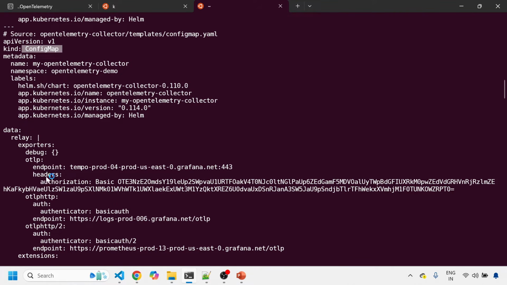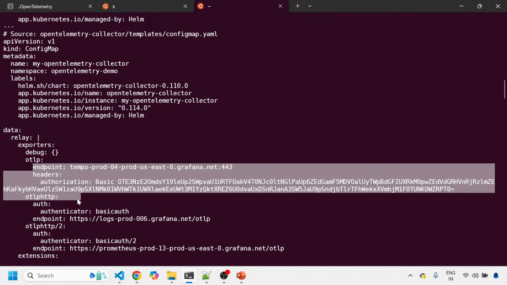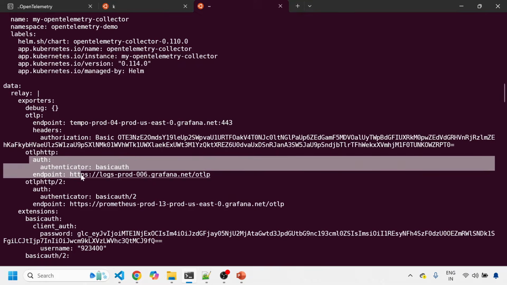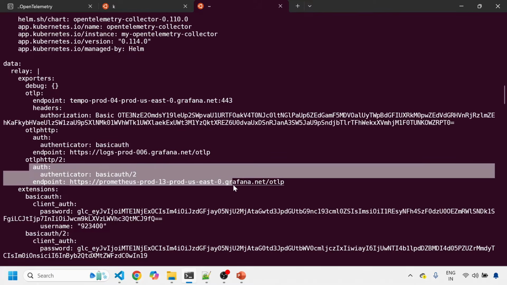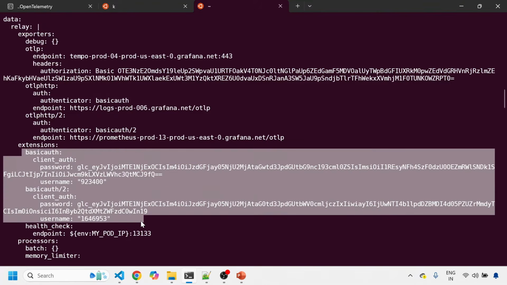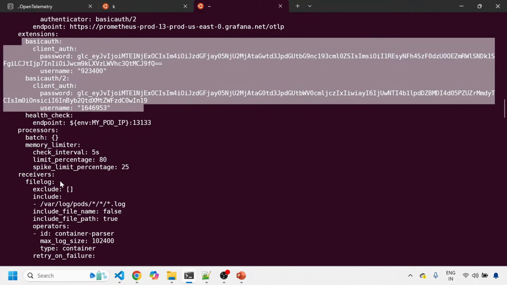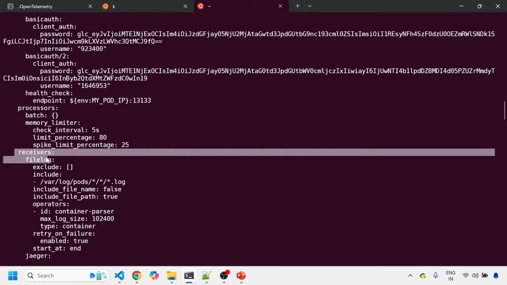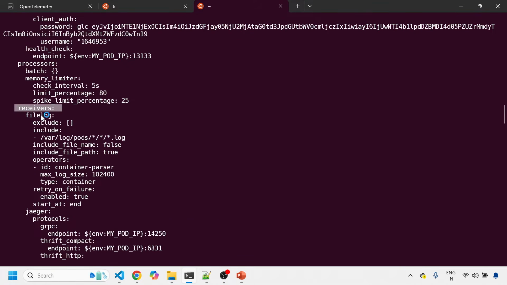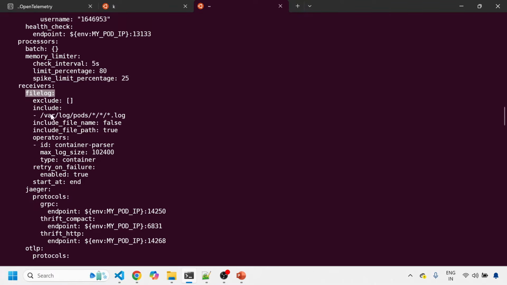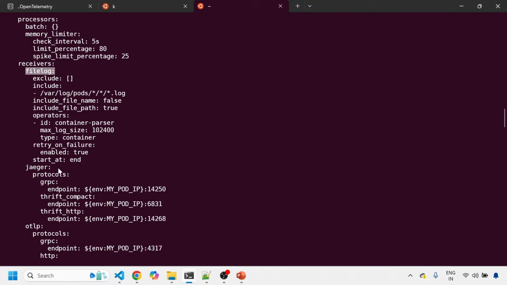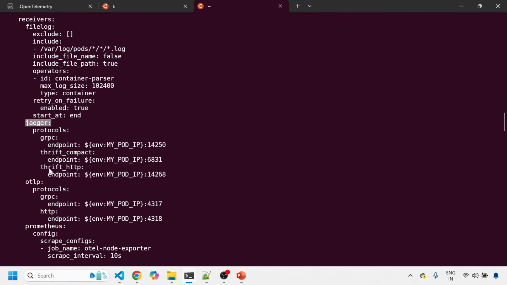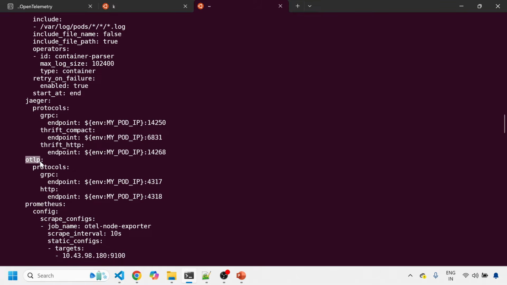First of all, the exporters: this is the Tempo exporter, then you have a logs exporter, and then you have a metrics exporter. These are the extensions, then your health check extension. Then the processors, batch. Receivers are where it will receive the data from. The filelog receiver is there to get the data from Kubernetes pods, so we are capturing all the pod logs here. This is the important one of the receivers that will get the data. And Jaeger, you're not using Jaeger,